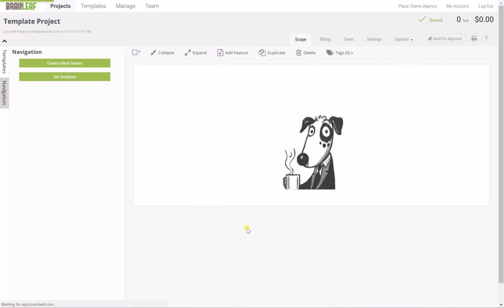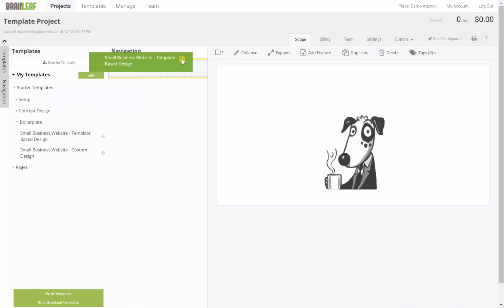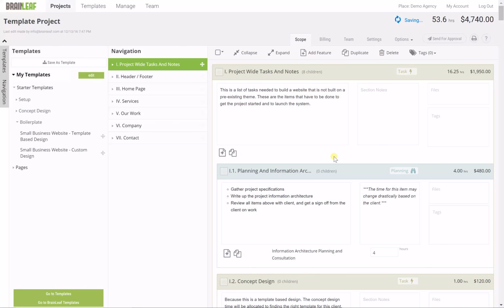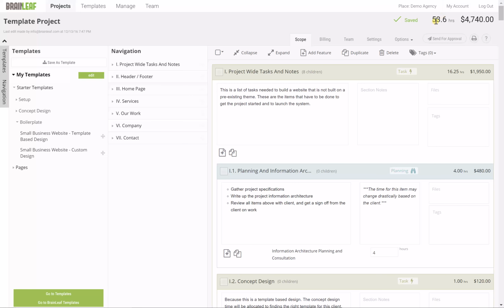Here we go. So from here, I can either click on See Templates, or I can click on this Templates button right here, which I'm going to go ahead and do. And I'm going to find our boilerplate templates. So in this case, this is a small business website, template-based design. And I happen to know because I wrote this template that it's also a WordPress website, not like a theme, just the website will be WordPress. So here you can see it loads in all this documentation, totals 53.6 hours,